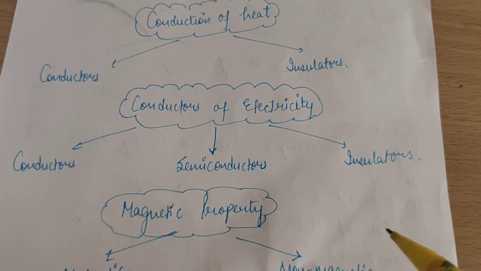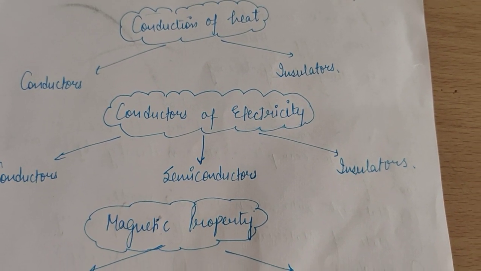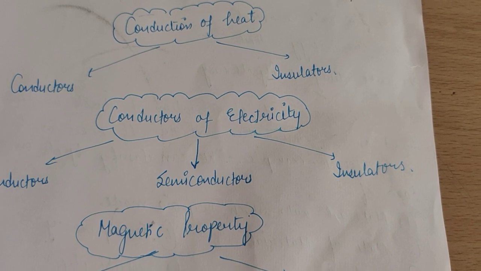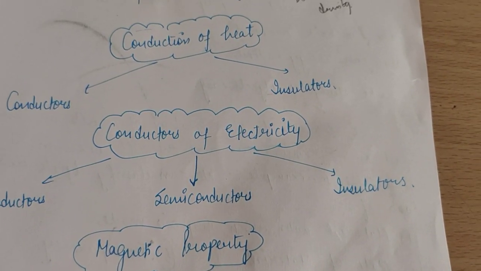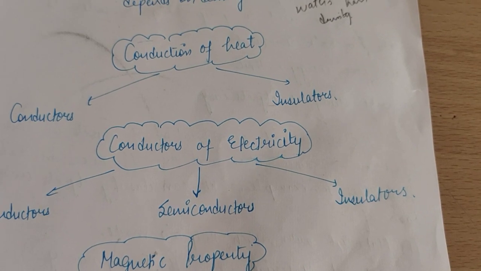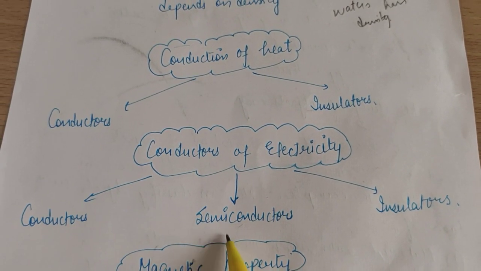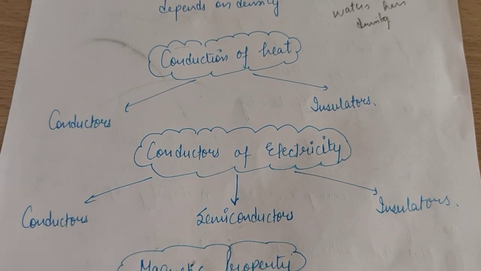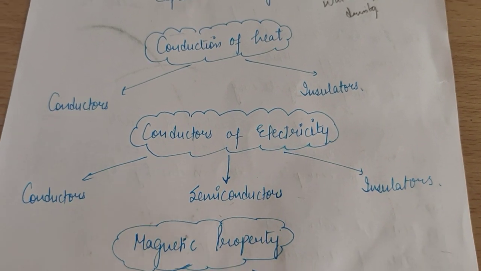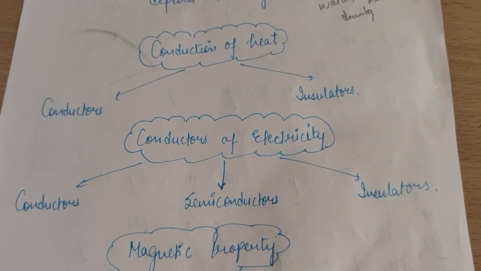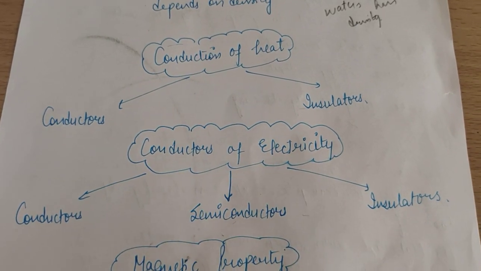This is a very common thing, like which substances can conduct electricity and which cannot. Like rubber and wood cannot conduct electricity. But if you talk about metals like copper, iron, silver, these can conduct electricity. So they are conductors, and those which cannot are known as insulators. There is one more thing which I have written, that is semiconductors. Semiconductors are the substances which are otherwise insulators, but under special conditions they can conduct electricity. Okay, means they are not always insulators.